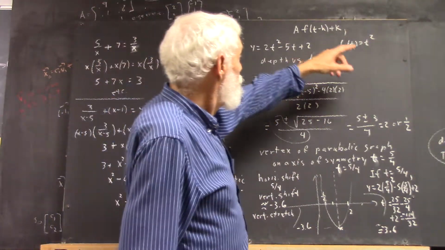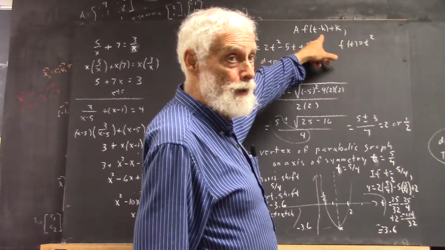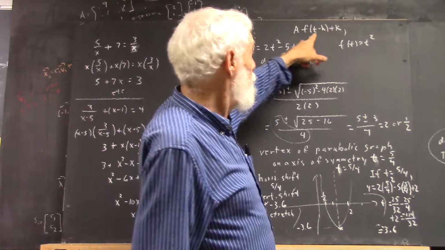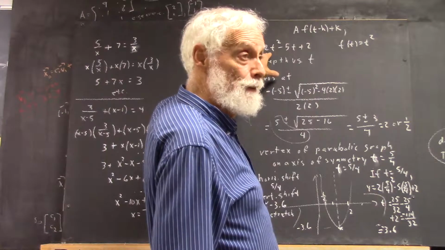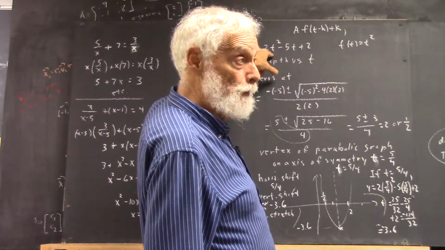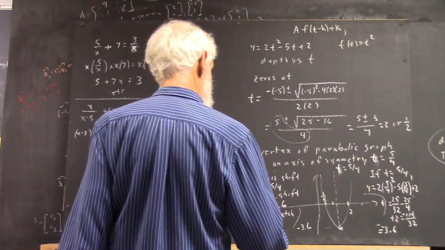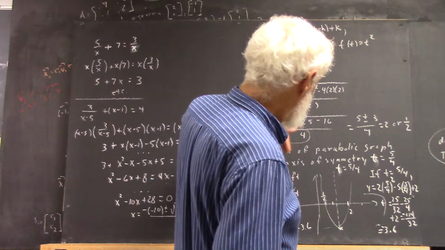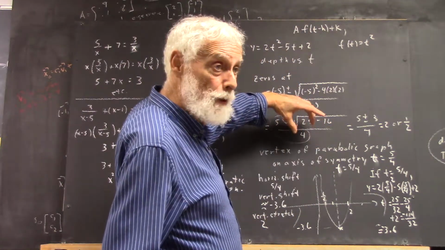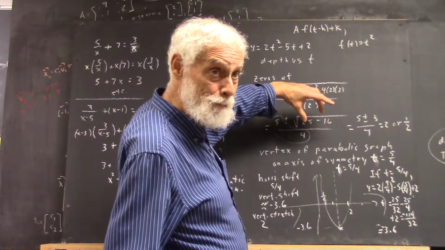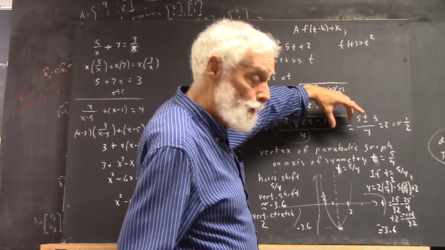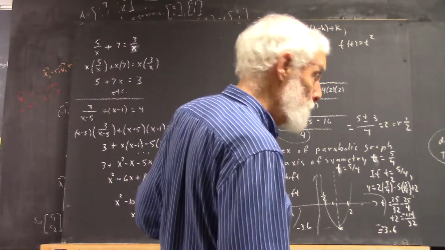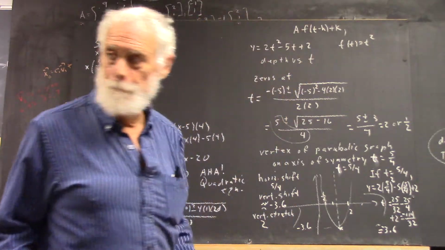Well, if you replace t with t minus h, you're going to get t minus h quantity squared. That's still going to give you just a t squared, right? And you multiply that by a, and you've got to get this. So a has to be 2. A has to be whatever's in front of t squared. So you could draw the basic squaring function, transform it by doubling all the y coordinates, right, with arrows, move it over 5/4 of a unit and down 3.6, and it should match this. Okay? Okay. Now, quickly,